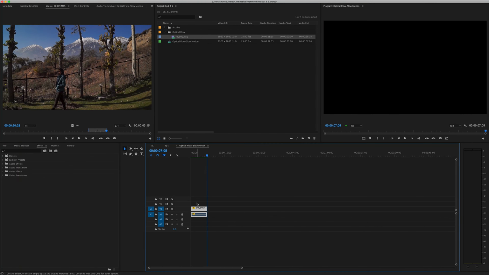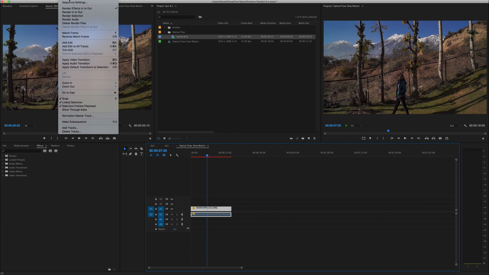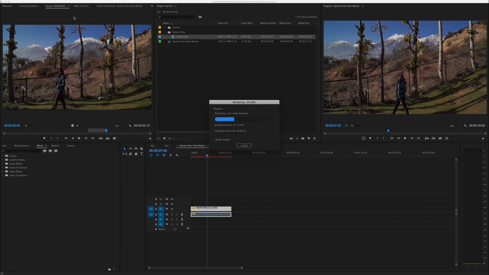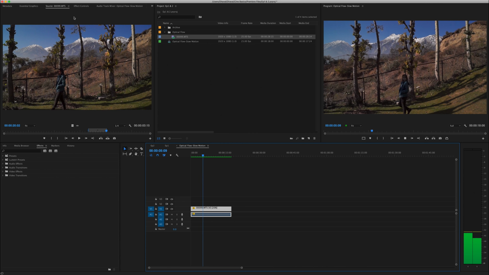So let me try to slow it down further to 20%. The duration further increases, and as we can see right now over here, it was not rendered, so I have to re-render this at 20%. So I'll render the selection. It will take some time depending upon how long the video is. So you can see now it is way smoother,